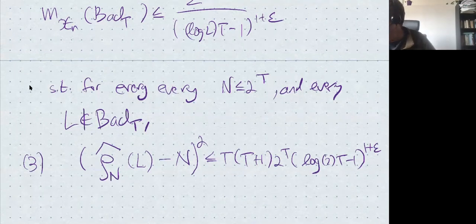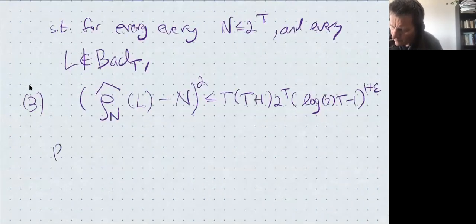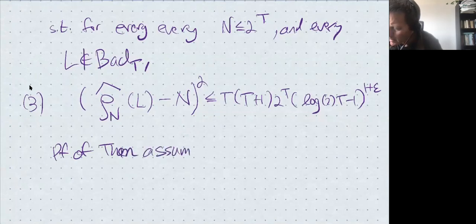Okay, this is the Markov inequality. Essentially, I think what I'll do is, if I have time, I'll go back to this. Let me skip it for now and continue the proof of the theorem, assuming lemma 2, and then come back to lemma 2 depending on time. Okay, let's do that. And so, proof of the theorem, assuming lemma 2.